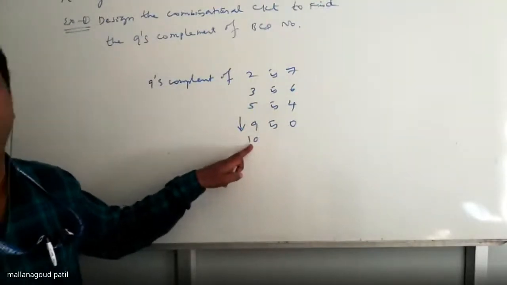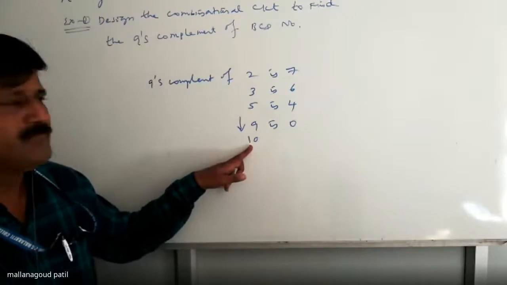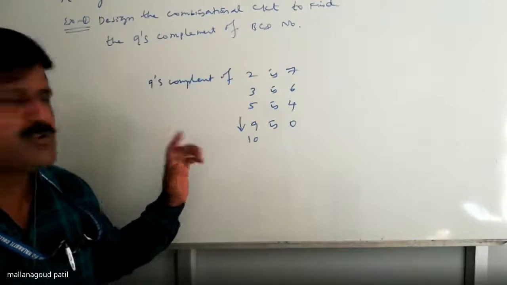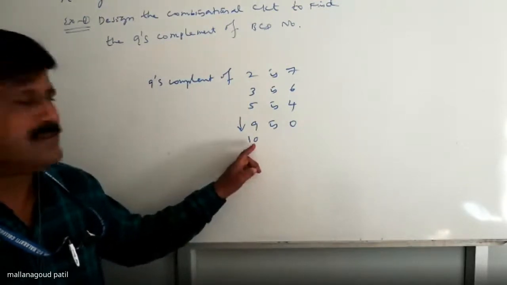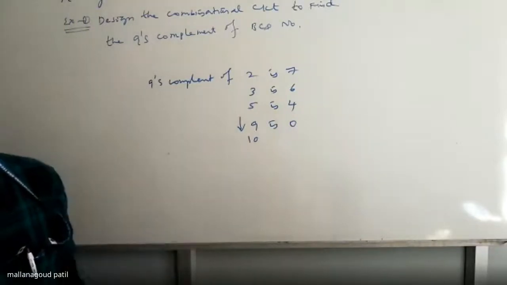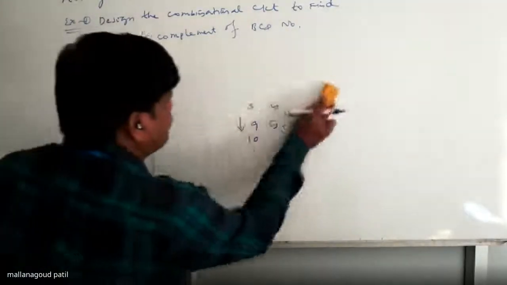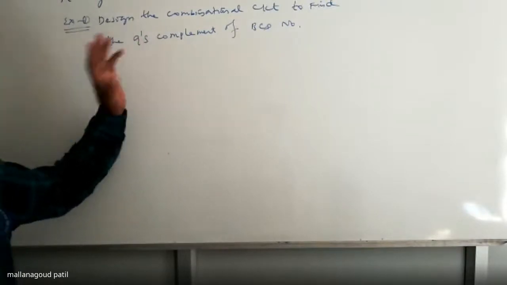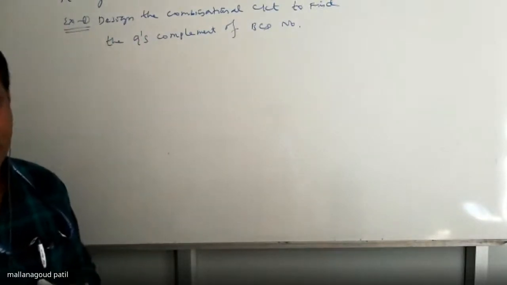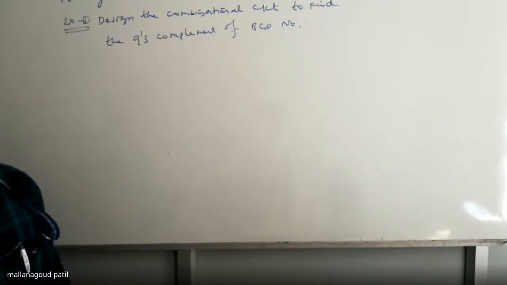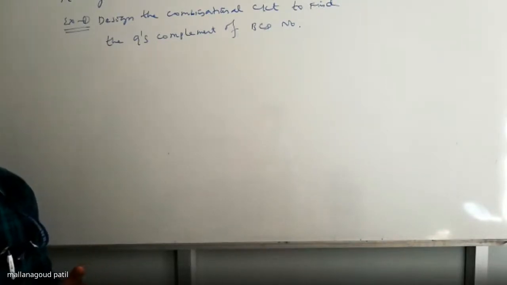You must know that 10 is a 2 digit decimal number. Similarly, for a 2 digit number you write the first digit and the second digit. Next, in the implementation of the given statement, design the Boolean function for the combinational network of the 9's complement BCD number. How many bits do you want to represent? You have to take 4 bits.